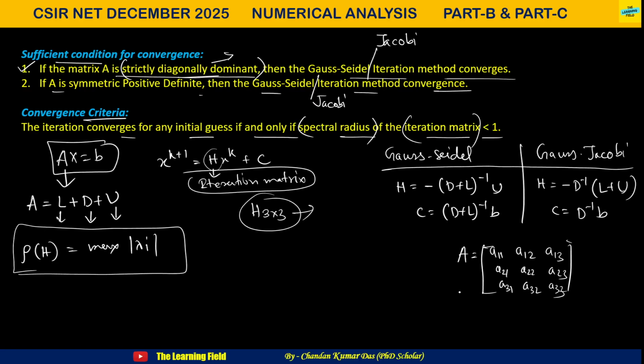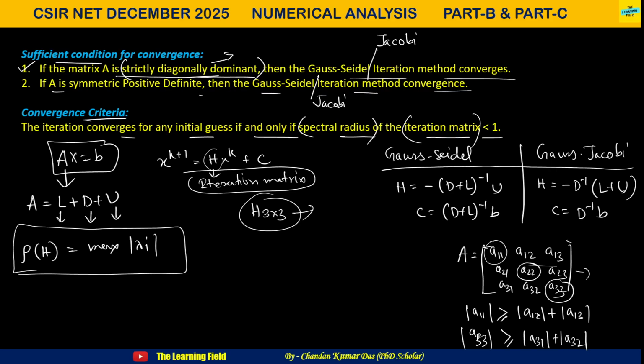Fine. So if these three conditions hold for this matrix, suppose mod of A11 is greater than or equal to mod of A12 plus mod of A13, that is, for each row the modulus of the diagonal element is greater than or equal to the sum of the remaining others. Similarly for this row, and for this one. For the last row, this is greater than or equal to mod of A31 plus mod of A32. And for row 2 also, if these three conditions hold, then we say that the matrix